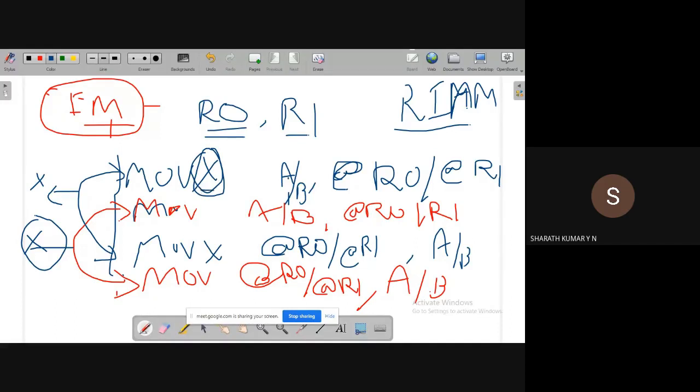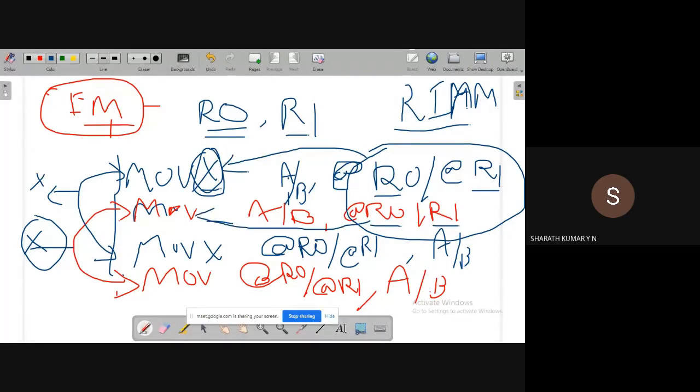Whenever X is present, the microcontroller will access external memory whose address is stored in either R0 or R1. If X is not present, the microcontroller will access internal memory whose address is stored in R0 or R1. That means the role of R0 and R1 in all these cases is as a pointer. Which memory it points to, external or internal, depends on this X factor. If X is part of the MOV instruction, then the location accessed will be external memory.